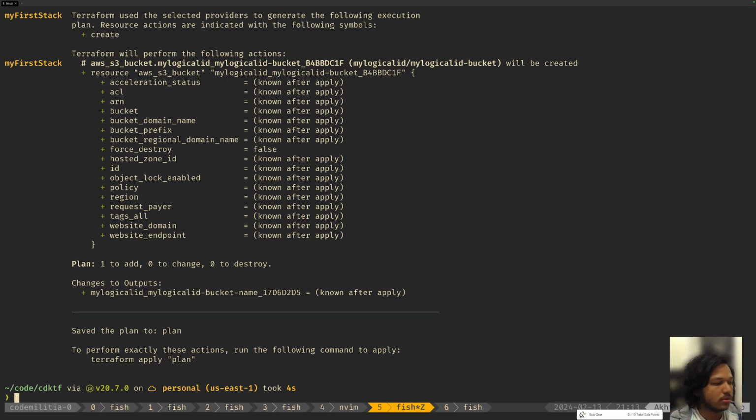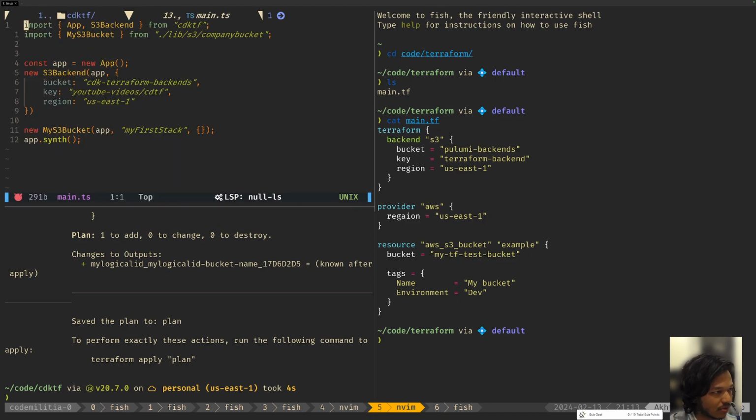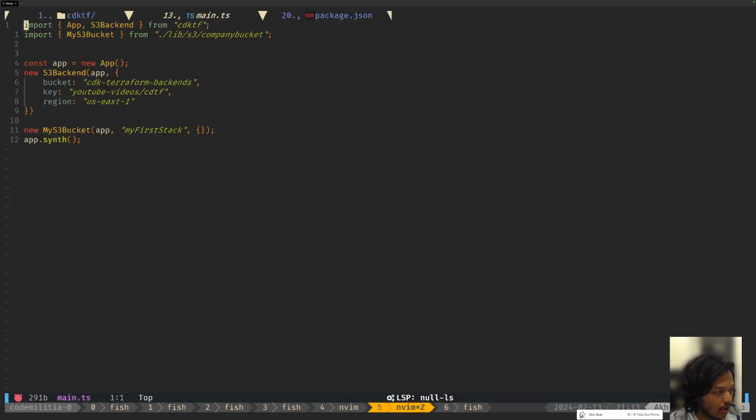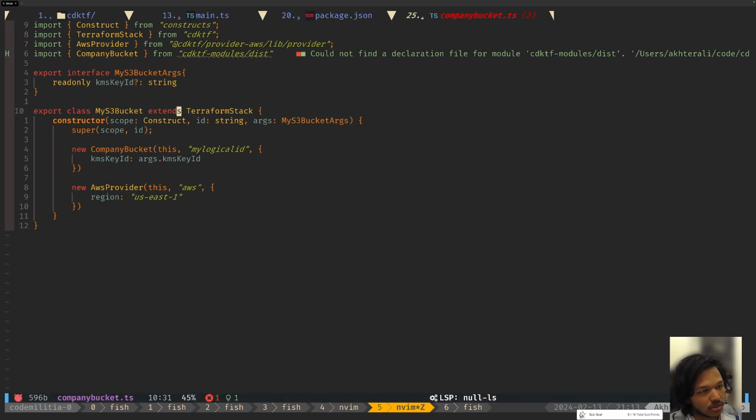They can just go, oh, let's go ahead and import company bucket from this one repository that everybody's using, and use the company bucket and fill in the necessary properties that are required, and whichever properties are not required. And that's how you create a self-service of your